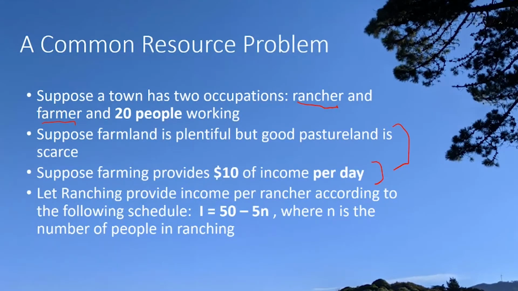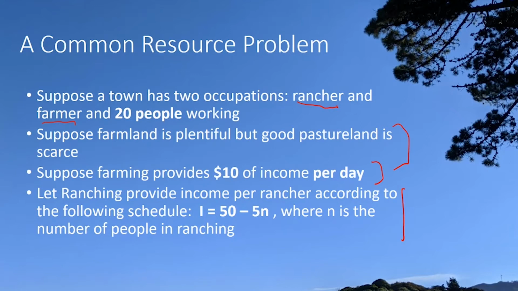Now, we're going to make up some numbers. These are just fabricated numbers made up just to make an example. So suppose farming provides an income of $10 per day. No matter what you do, rain or shine, winter or summer, plop yourself on a farm and you're going to make $10 a day every day all year long. Okay, so let's imagine that's how much you can make as a farmer, and it doesn't change. It's always the same, immutable.